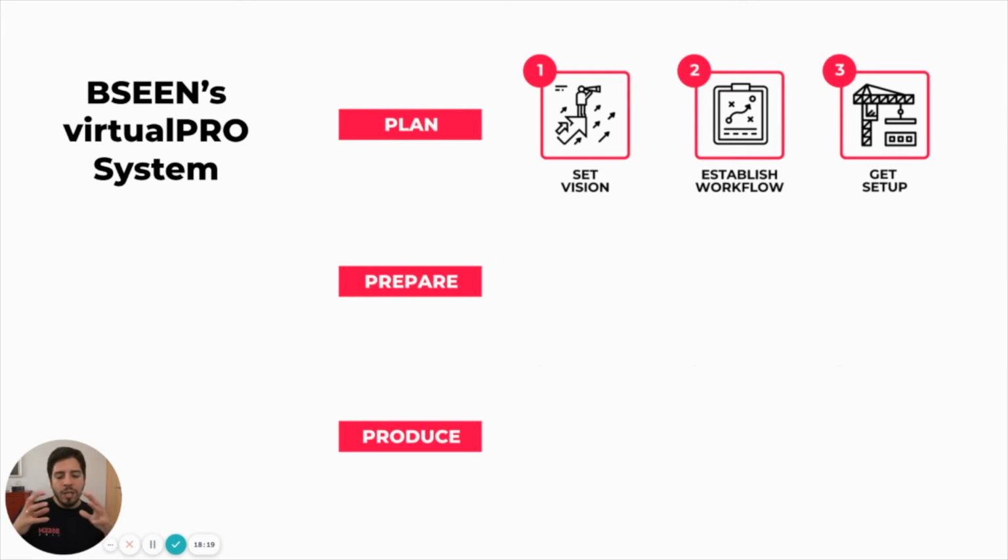And so once we have that figured out, we go ahead and set up all the equipment. What is the equipment that we need for that event? What is the scope, right? And all that stuff we are going to be providing to you. You're going to learn how to set the vision so that you can really understand what the event is about, who's the audience, who's the target, who is going to be part of that event, who needs to do what, what the roles are, how everything is coming together, and then what kind of equipment you need